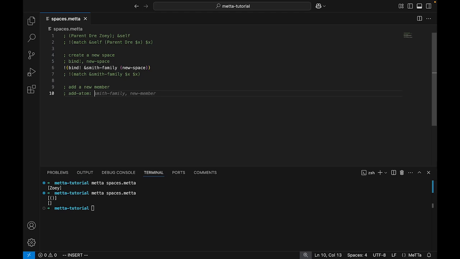The first is going to be the identifier of the space, or the reference, and the second argument is going to be the atom that we want to add, or the bit of information that we are adding to the referenced space. So it's that simple. Let's add an atom. Let's say addAtom and reference this Smith family space,